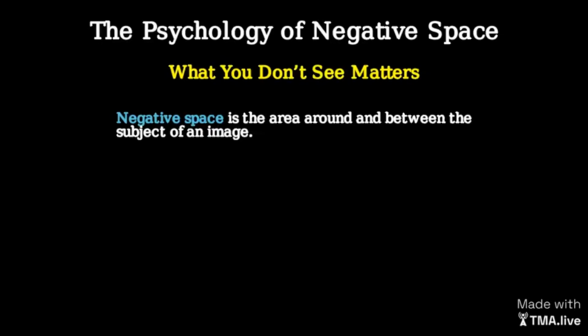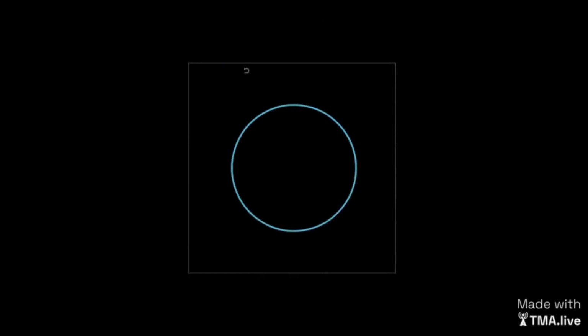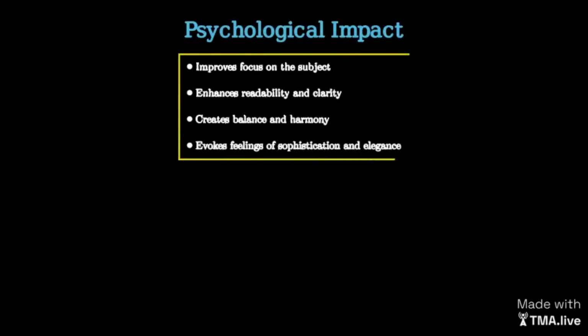The circle is the positive space, the subject of the design. The surrounding area is the negative space. Both are crucial in how we perceive the overall image. Negative space has a strong psychological impact. It helps improve focus on the subject, enhances readability and clarity, creates balance and harmony, and can even evoke feelings